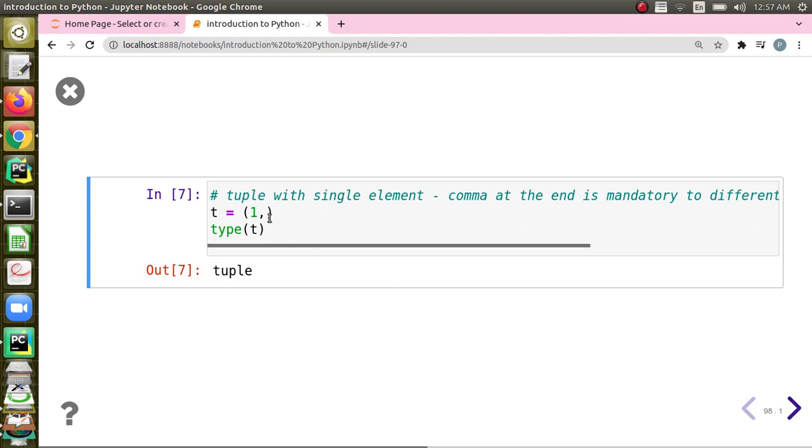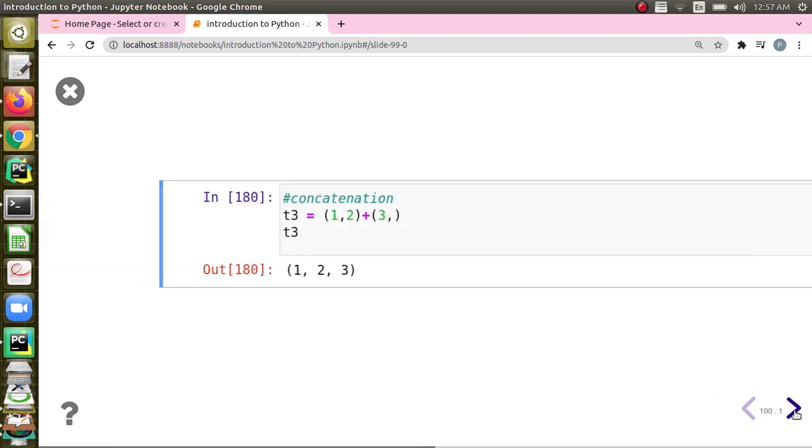If I am not using this comma, I can show it. If I type it, it will become an integer because it will evaluate it. If I put a comma, then it will be a tuple. So one more observation that we have to remember is, even though we are not going to put any kind of braces, simply if I separate some elements by comma, then that also will become a tuple. If I have t equal to 2, 3, 4, it is a tuple of size 3. That's how Python is going to treat it.